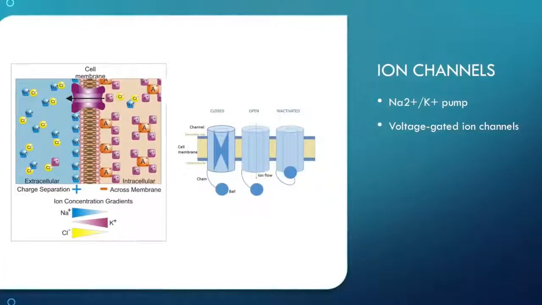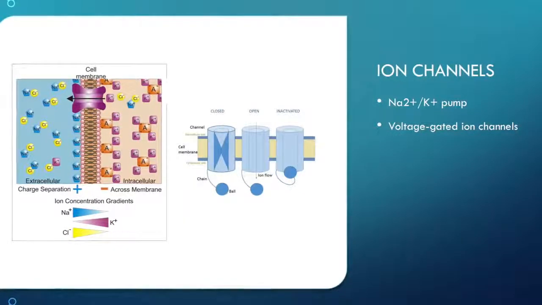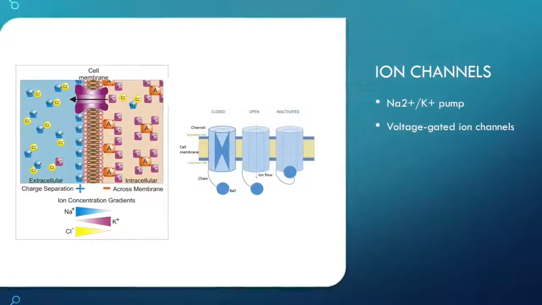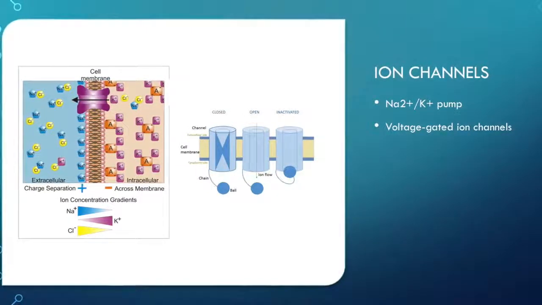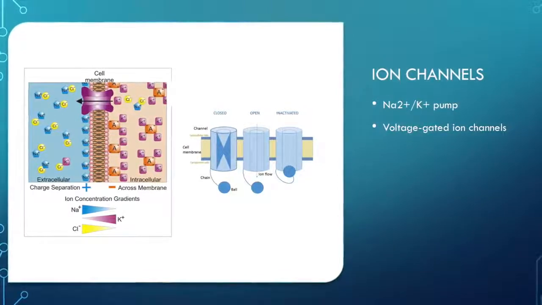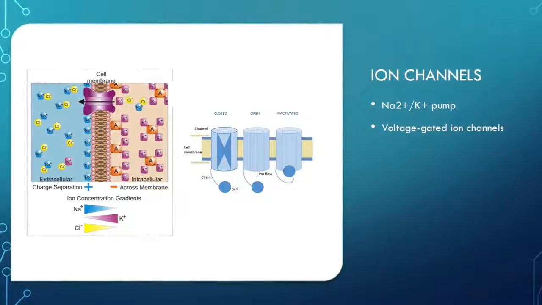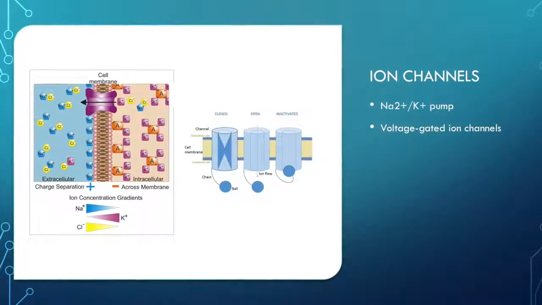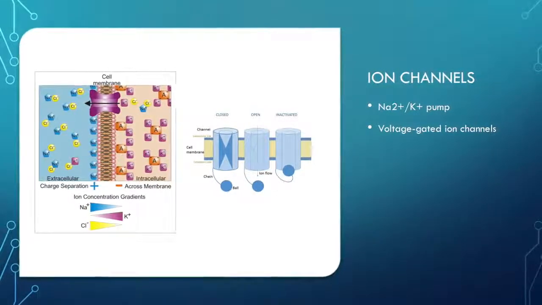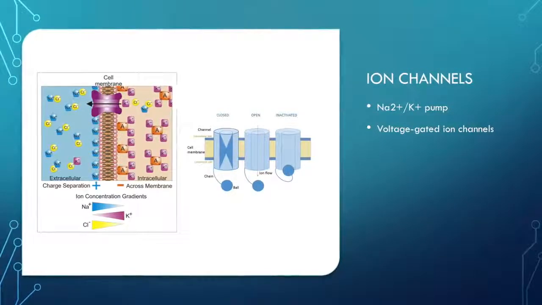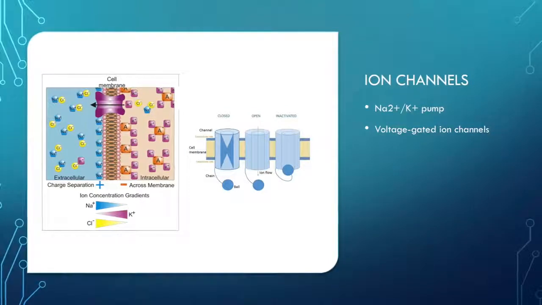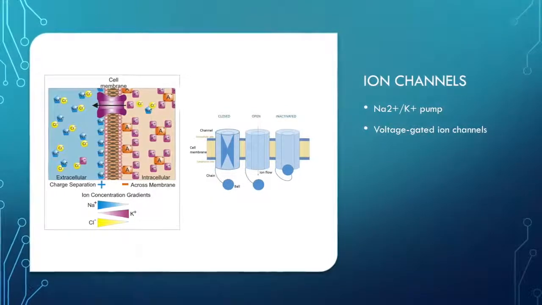Ion channels allow for potassium ions to flow through the membrane and into the cell. There is also a sodium-potassium ion pump, which exchanges 3 sodium ions for 2 potassium ones. But in order to do this, it requires extra energy in the form of ATP, since it is going against the chemical concentration gradient. There are also voltage-gated ion channels that activate the opening of potassium when at minus or